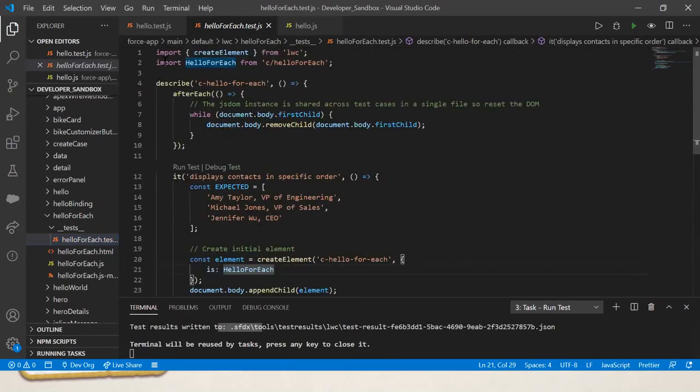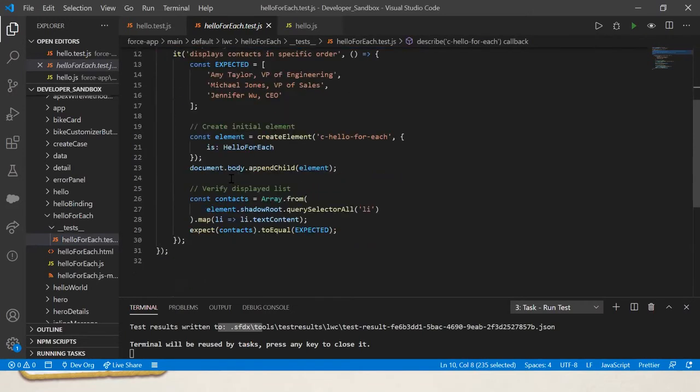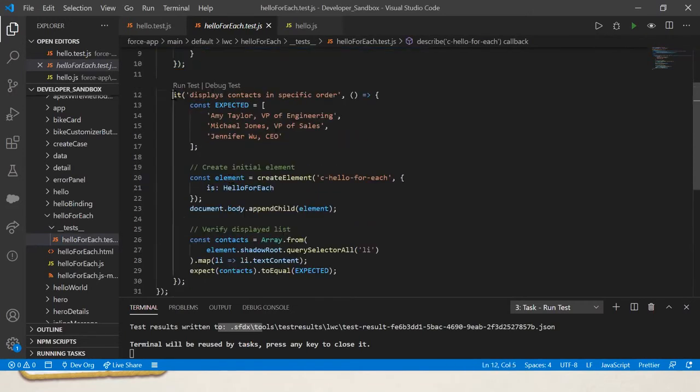You just see the imports at the top. One is a default import for createElement, and the second one is the component which you are going to test, written over here with a user-friendly name. You just mention whatever you want and just the component name. With this describe, we clear out all the DOM elements before we start the testing. Within that, we mention the scenario that we are testing, which might be the user expectation.